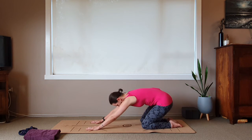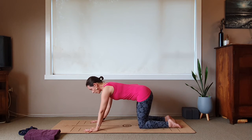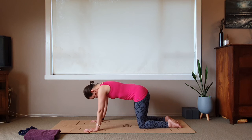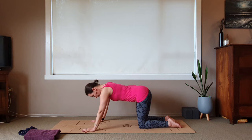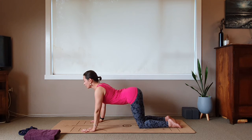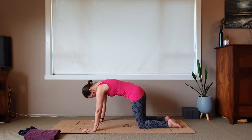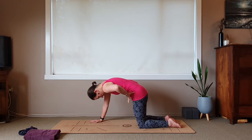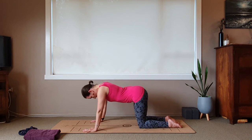And from here, you're just going to push up into a tabletop position, just working through some flexion and extension of the spine. So you're going to just allow the spine to move away from the tailbone, so just gently lowering your belly down. Chest, and then reaching your sternum forward, maybe lifting your gaze, so moving all the way to the tailbone, to the base of your skull, and then taking your gaze down, rounding into the upper back, middle back, lower back. Just notice that pelvis gently tilting back, navel draws in,